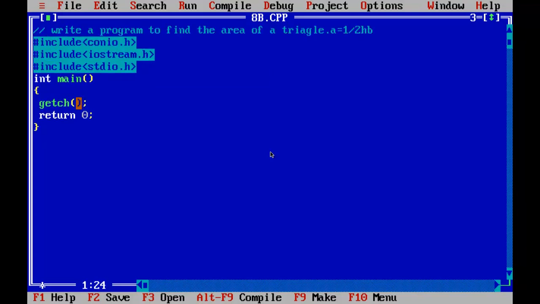So write a program to compare the temperature values.